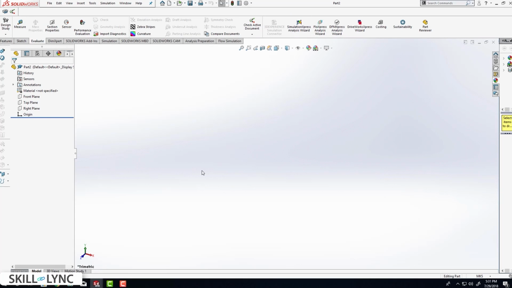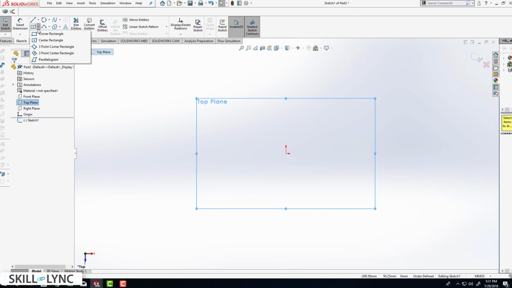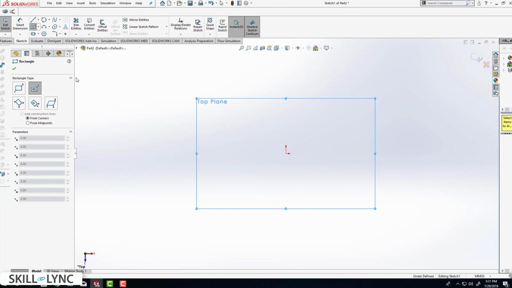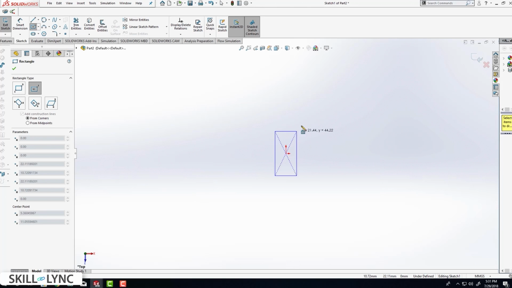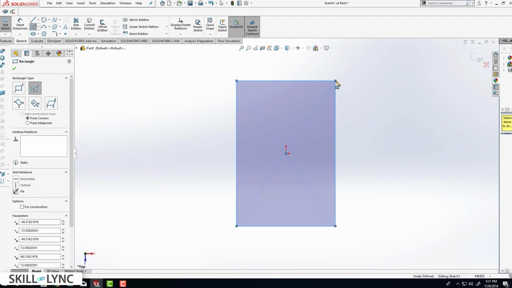All right, then we are going to be checking our unit system. As I mentioned in the last video, for this entire course we will be using millimeters, right? So let's just select millimeters, and then we are ready to sketch. So we are going to select the top plane and click on sketch. Then we are going to create a rectangle. We are going to use the center rectangle tool, select the center and then drag it out, then hit escape,